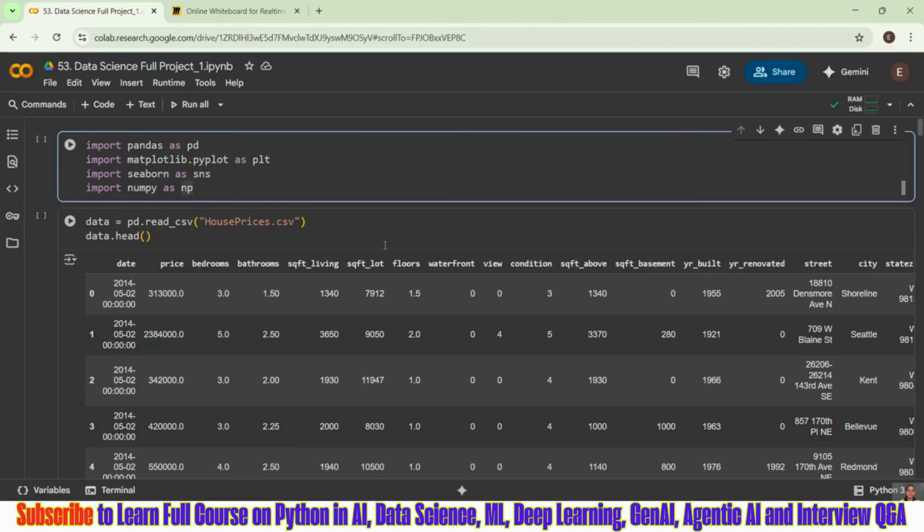So let us start with our project for today. So guys, here we are with our first project. Like I have promised, I'm going through this project 1 and I'm going to show you another project just for better understanding of yours. You will get practice with these things, right, along with me.